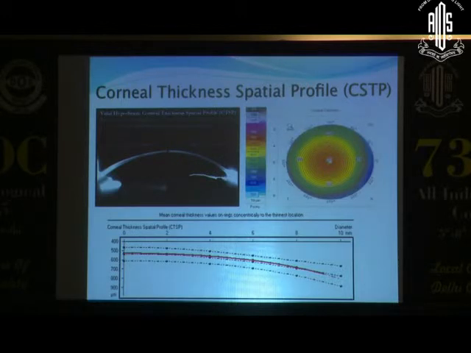So after studying a huge number of cases, they actually plotted a graph in which they had a variation of the thickness right from the central thinnest point, that is 0, and at each and every ring away from the center, 2, 4, and 6 mm away from the center. They averaged out the values of 22 concentric rings around the pachymetry of the cornea, and they studied the progression. They found it to be a very gradual slope, and they plotted a graph with plus or minus 2 standard deviations within a 95% confidence interval.